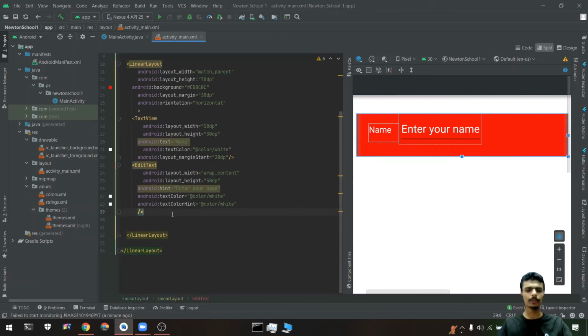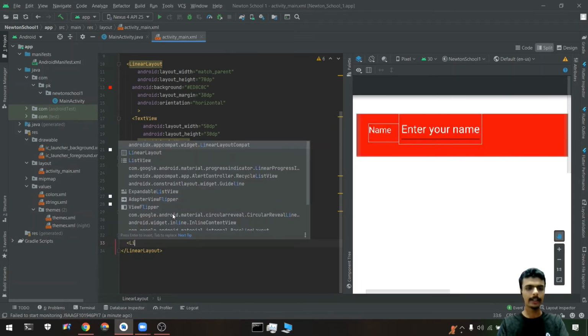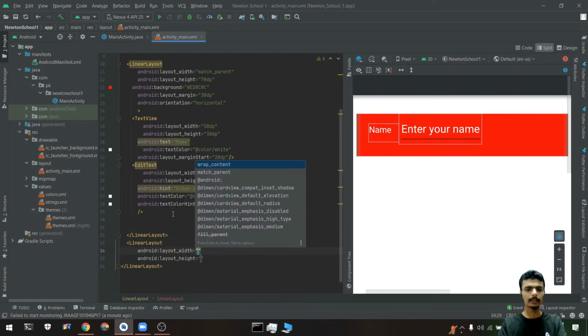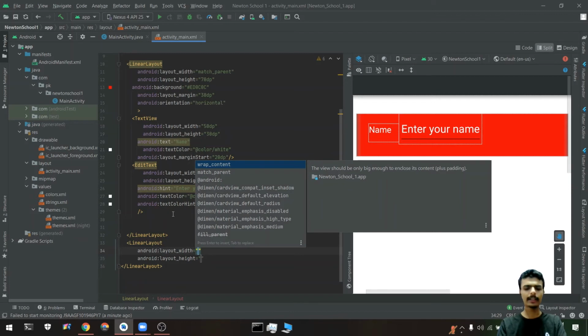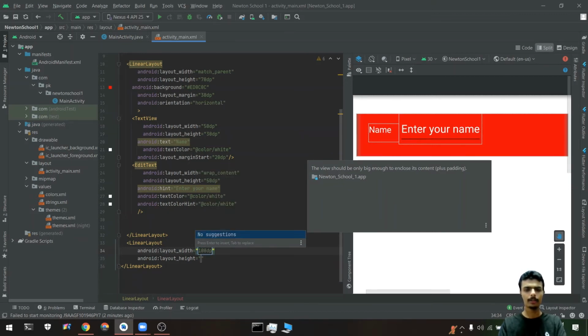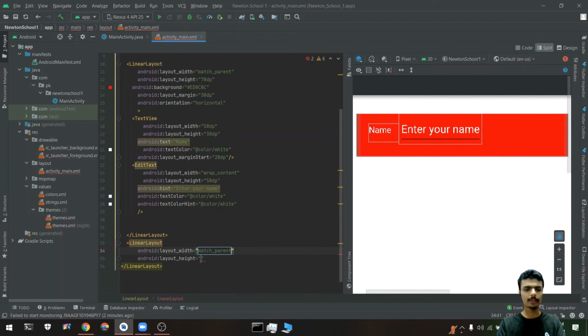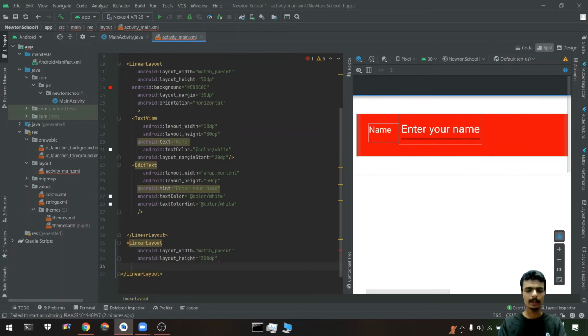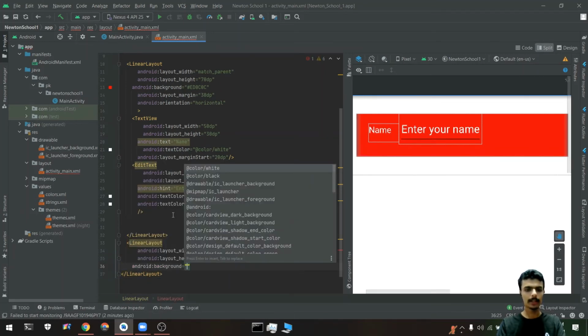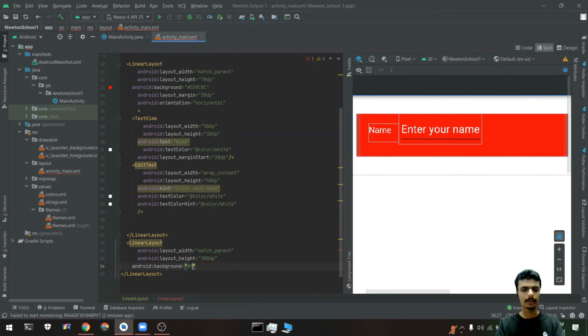Suppose I want to create another linear layout with some width like 100 dp, or match parent and 300 dp, and some background, and I can just quickly change it here.